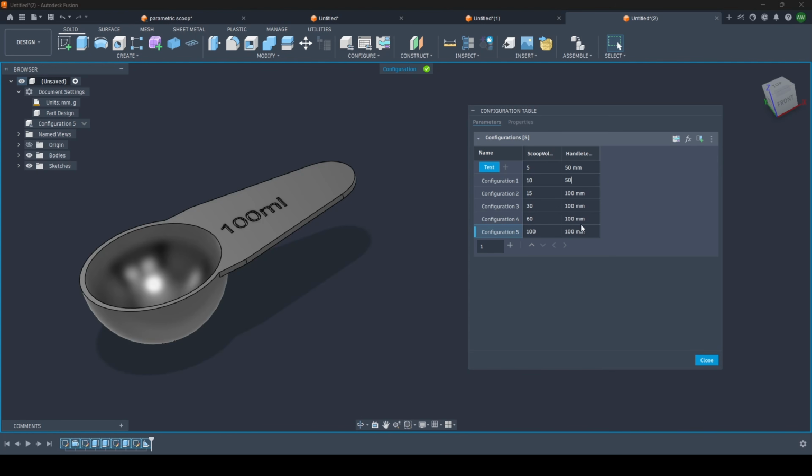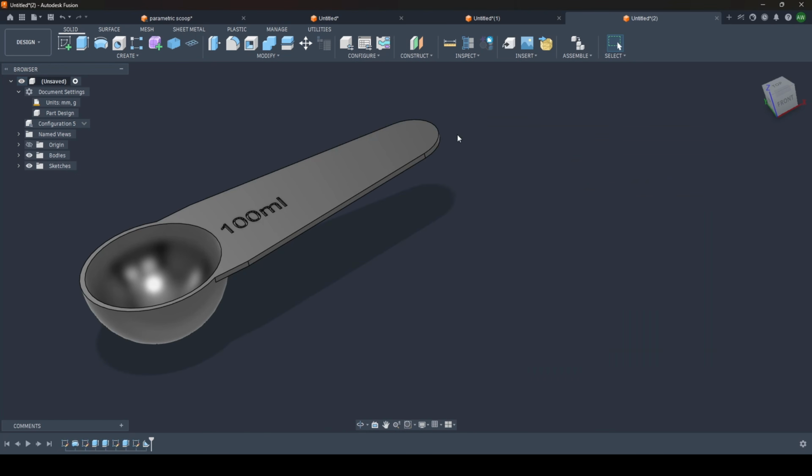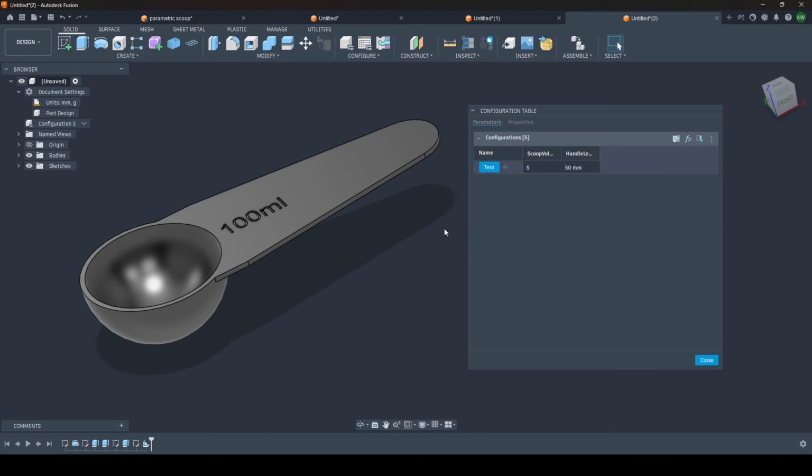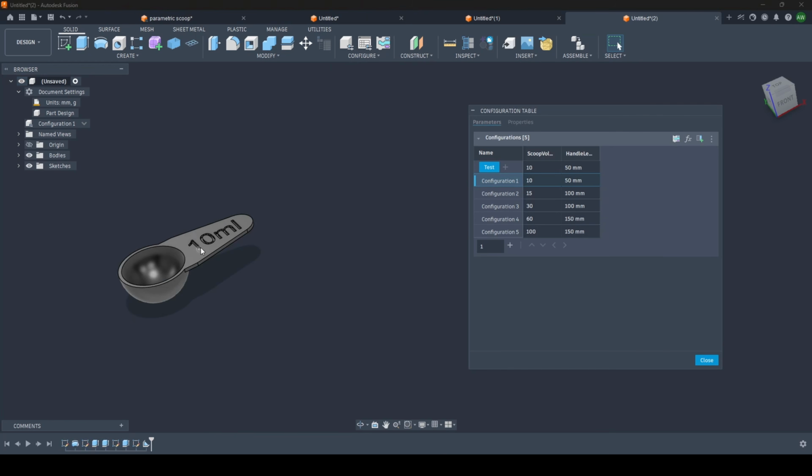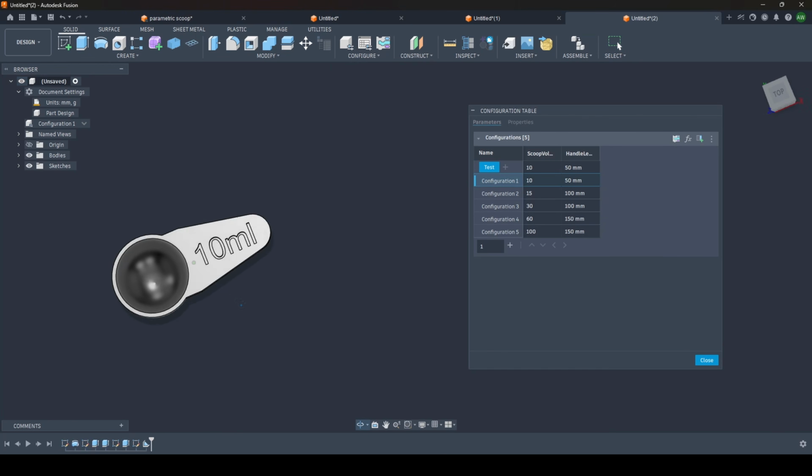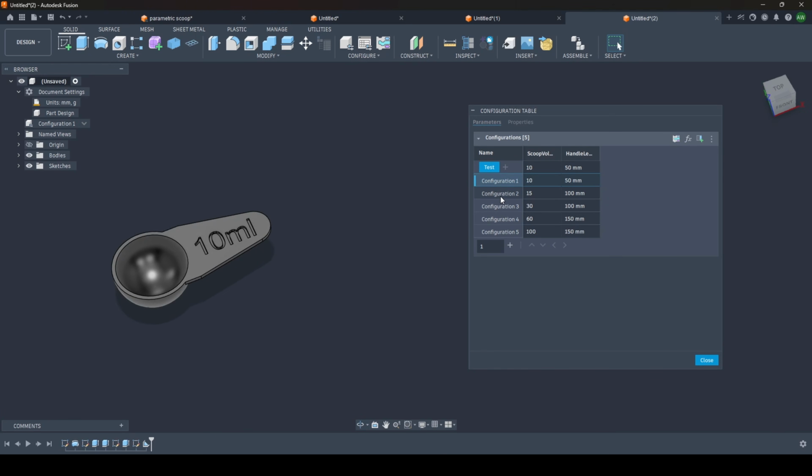Leave it at 100 for the 2 middle ones, and then maybe it even goes to 150 for those guys. All right, and I should have left that open, and now we can skip through these. So that text, you can see, just fits on the 10 milliliters,